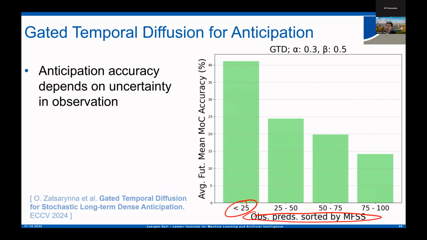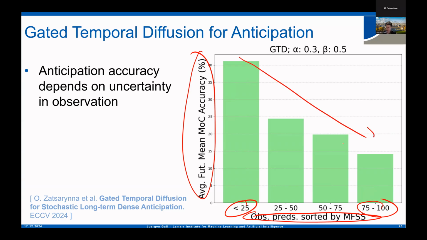High consistency, 75 to 100, means there's a high uncertainty in my observation. The y-axis is the accuracy for the forecasting. And as expected, the higher the uncertainty in my observation, the lower the accuracy in my future. This is a nice behavior, but it's also expected.